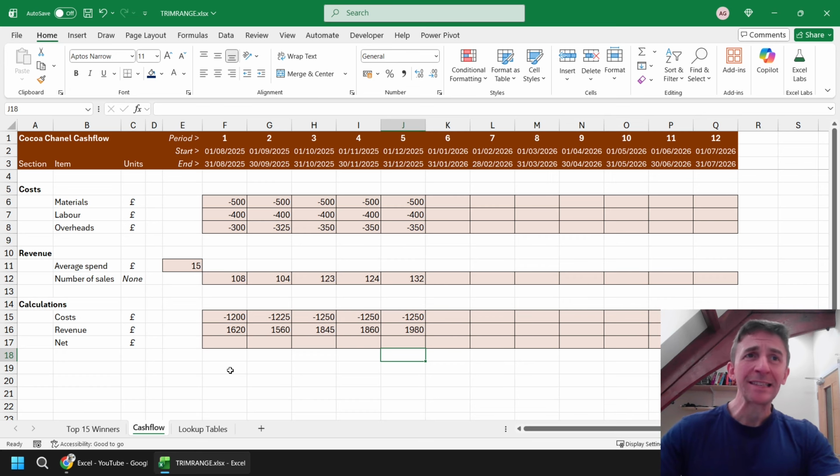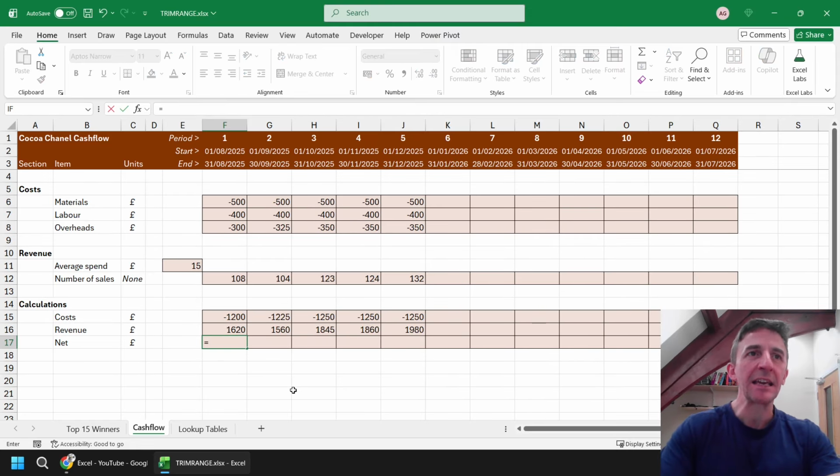The final formula in this example would be just to take the costs and add the revenue, which is quite nice and easy to do when we've got dynamic arrays. You can see when you're working with dynamic arrays, as we pointed out in previous videos, when you select a cell in it, you get a little thin blue outline around the entire range. So the really simple thing we can do here in cell F17 is simply say equals cell F15, and then the notation that allows you to reference the dynamic array that that cell belongs to simply add a hash symbol to the end of the cell reference, and you can see that it's automatically highlighted